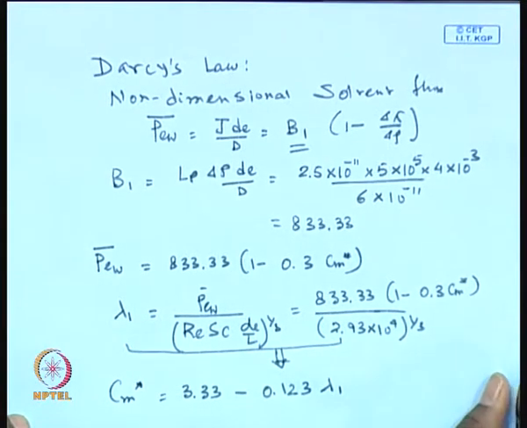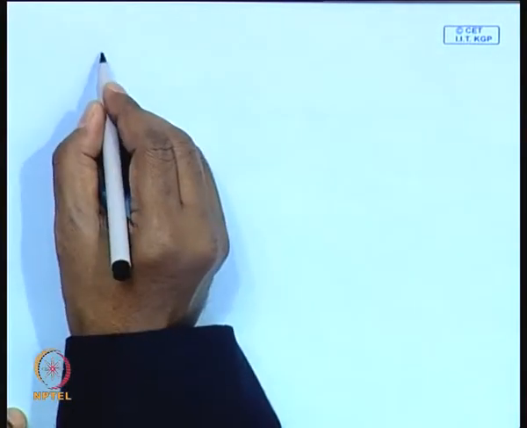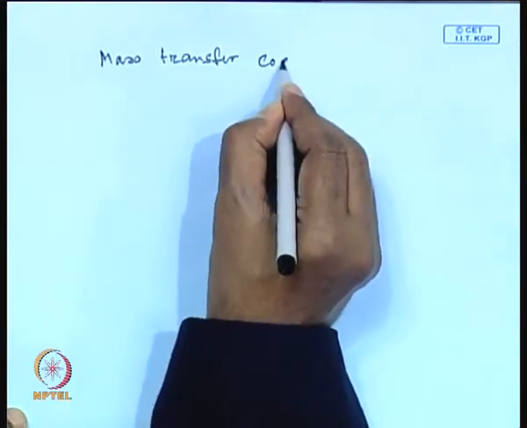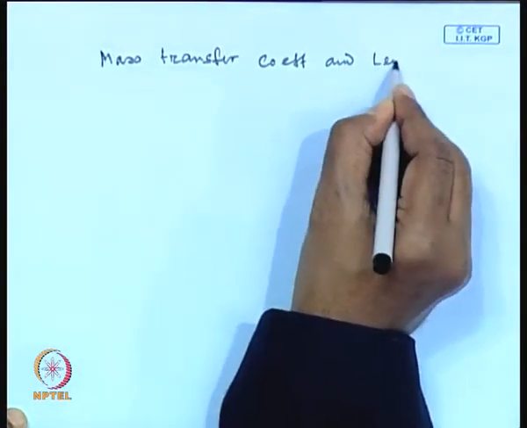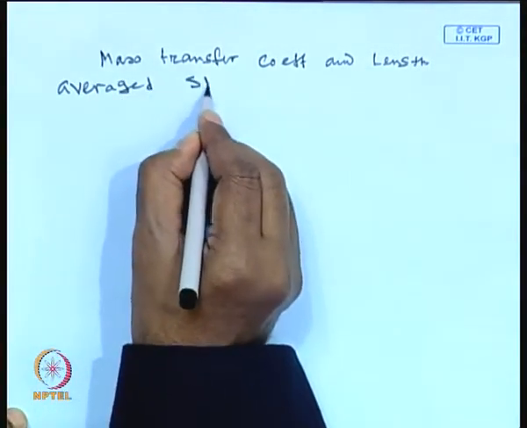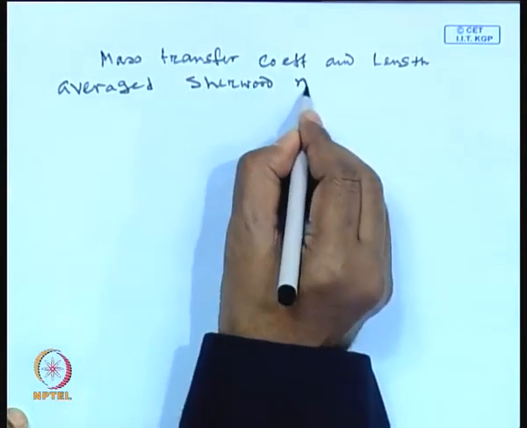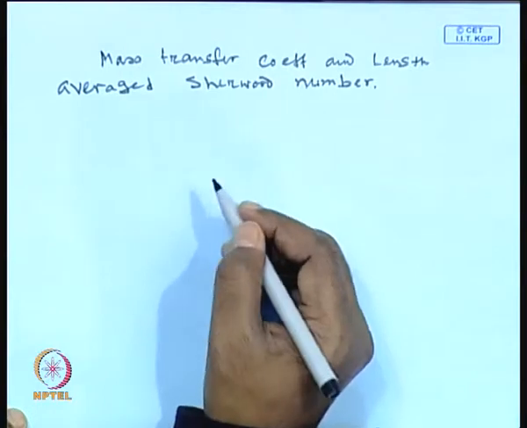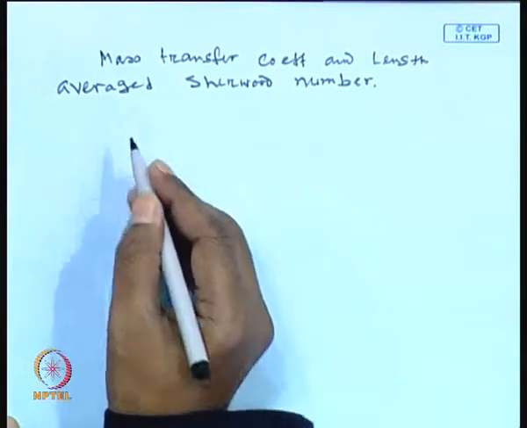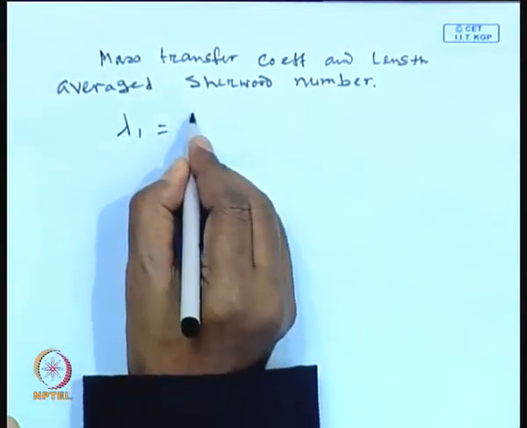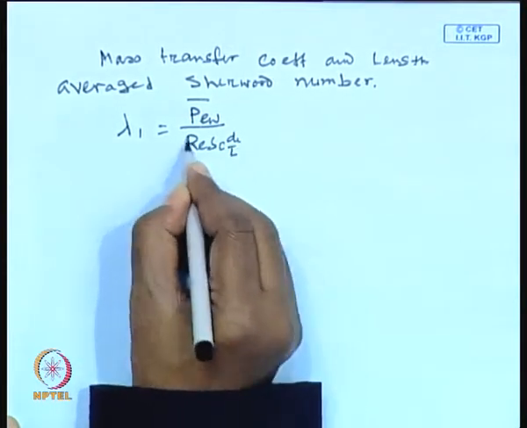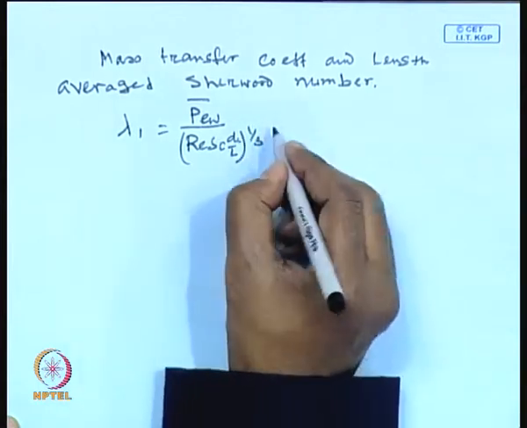Now, in terms of mass transfer coefficient and length averaged Sherwood number, please look into your notes and the relevant expression from when we derived those relations here in this class. So, lambda 1 was Pw bar divided by Reynolds Schmidt d by L raised to the power 1 upon 3, which is equal to